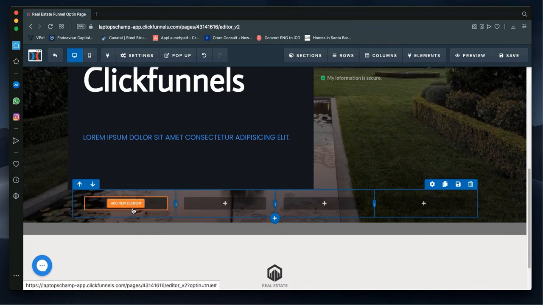All right, so elements are basically your text, your images, your calendars, your paragraph, your head tags. They are all called elements. When you hover over the plus icon, plus overlay, you can see add element. So if I add an element,